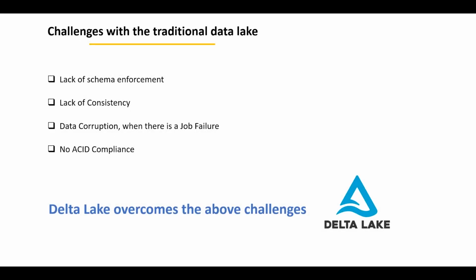Organizations have been spending millions of dollars to get the data into a data lake. While moving the data or building the data lake, what are the major problems we are facing with the traditional data lake? The main problem is schema enforcement. In the initial load, you may be moving data which has, say, 10 columns. When the upstream application, without any proper intimation, changes the number of columns, like adding a new column, deleting a column, or renaming a column, it will not throw an error when you are doing the incremental load to your data lake. But when you are reading the data, as it is schema on read, it will throw an error message.